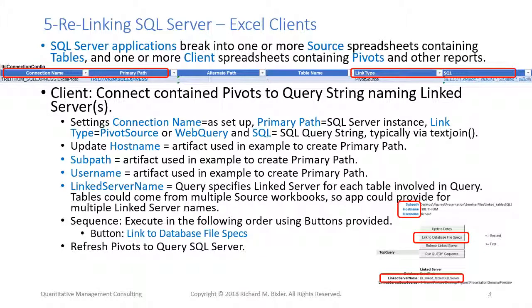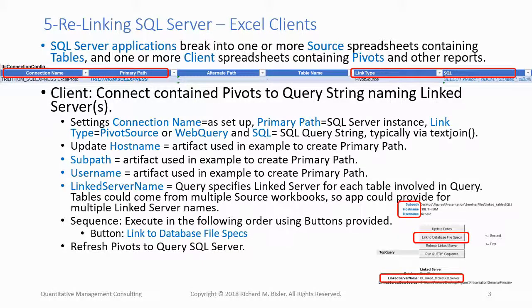Set up table connection config params, connection name equals spNameConnection, primary path equals server/instance, link type equals string pivot source, SQL equals expression equals spNameExec, and set up the connection to drive a name table or pivot report. On refresh, the name table or pivot report should update from sp